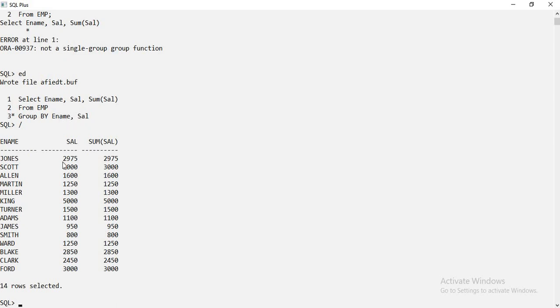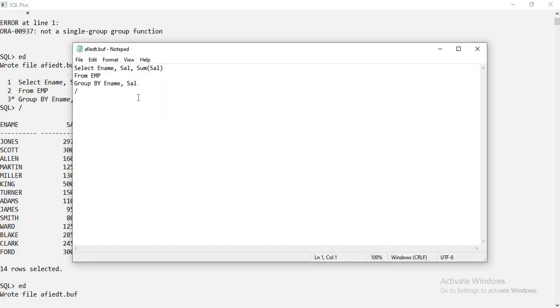So in order to overcome this scenario, we generally go for inline views in Oracle. What is that? Select ename, sal, sal_sum. I'm writing an alias which will be used in my inline view.